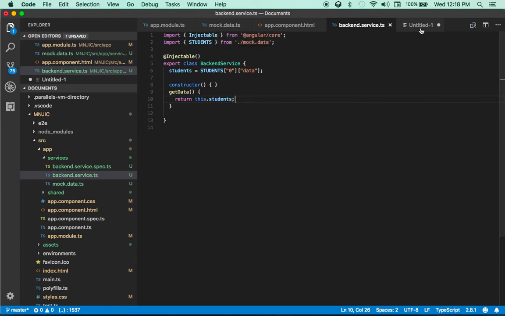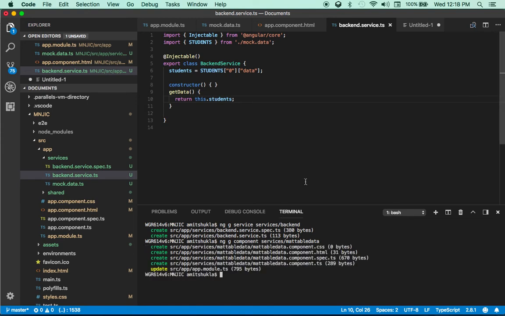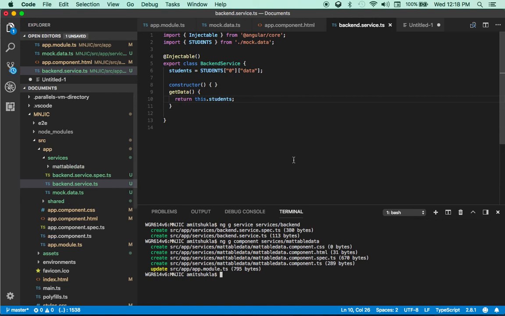Okay. Next thing I want to do is head to my terminal window and create a new mat table data table. This is going to create a new component, and this component will actually get the data from this backend service, and I'm going to take the method from this component. So let's quickly go to this